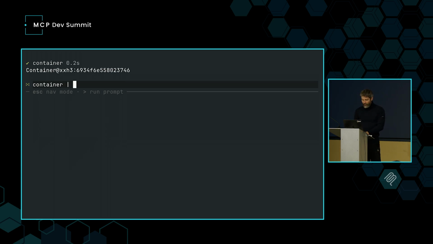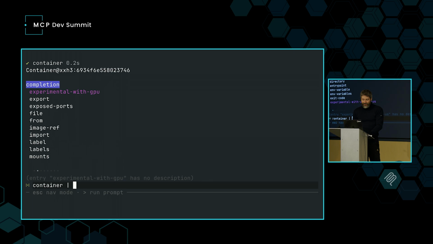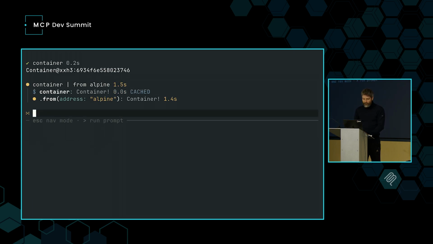For example, here, if I'm not sure what to call, I can tab complete, because it's all a nice clean API under the hood. But this is a primitive object. It's a container, as in, Docker container. So picture anything you could do in a Dockerfile, except you can do it dynamically as functions. So I'm going to say, from Alpine. Now it's executing that second function